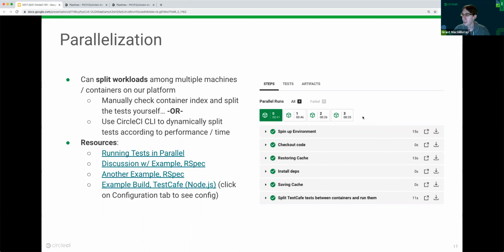I've seen people with hundreds of tests in their test suite, and it makes a huge difference to use parallelization. It's a very powerful tool, and our dynamic test splitting feature makes it really easy to split your tests. And like I said, we have examples here,